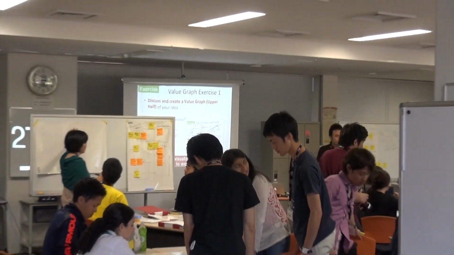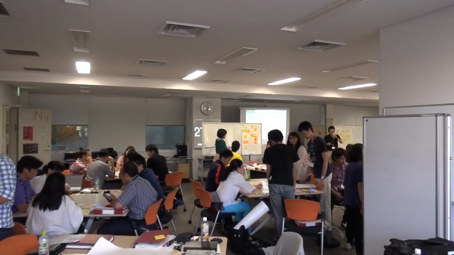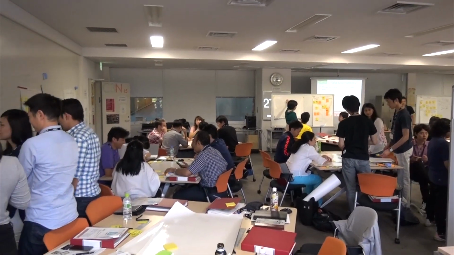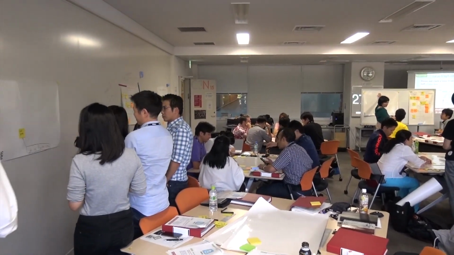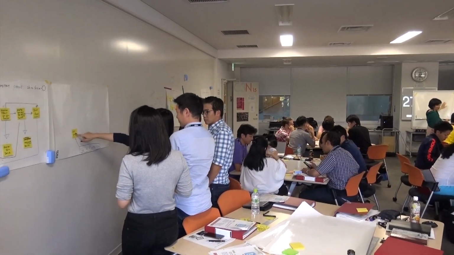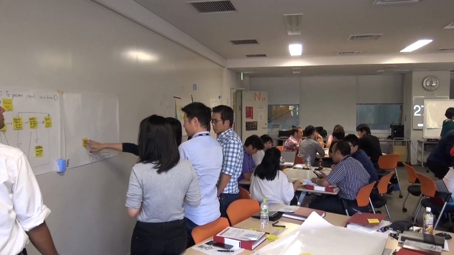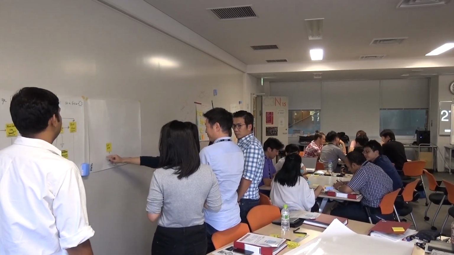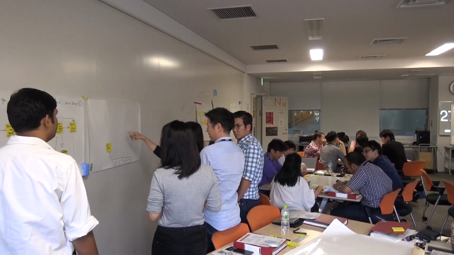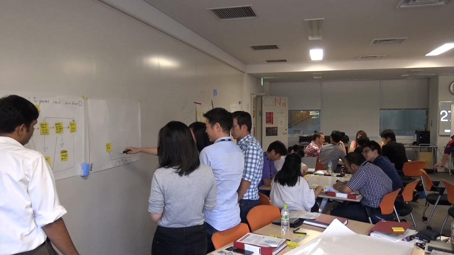One by one. Yeah, that's easier. Otherwise, it will get confusing. So maybe we should think like one per person, the yellow one, and then we should have a pink one at the same time, so that it gets easier. So let's see how all the